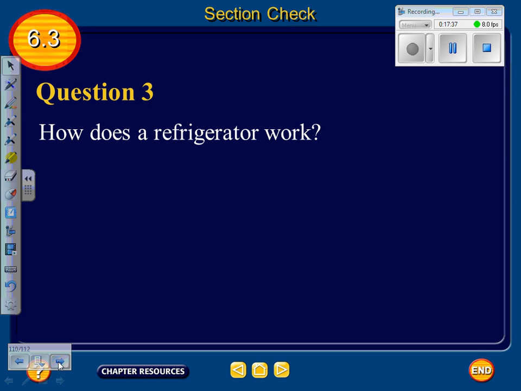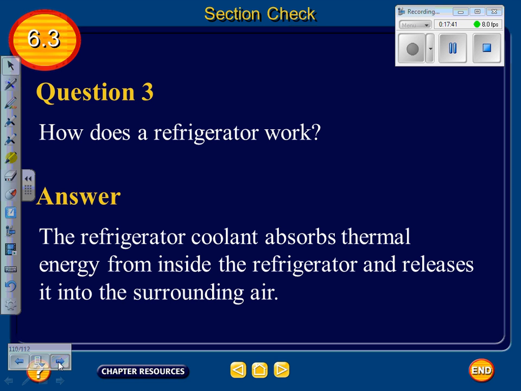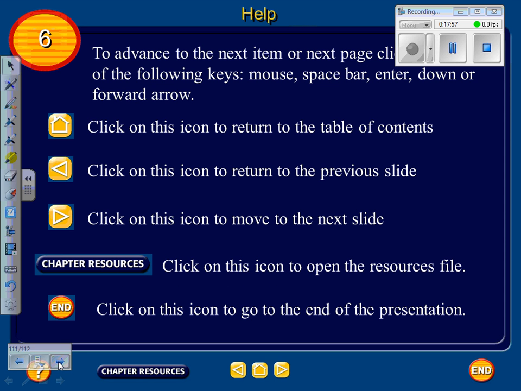Question 3. How does a refrigerator work? Refrigerator coolant absorbs thermal energy from inside the refrigerator. The heat of the food or the contents of the refrigerator moves towards the coolant in the cooling tubes and releases it into the surrounding air. That will conclude the lecture for Chapter